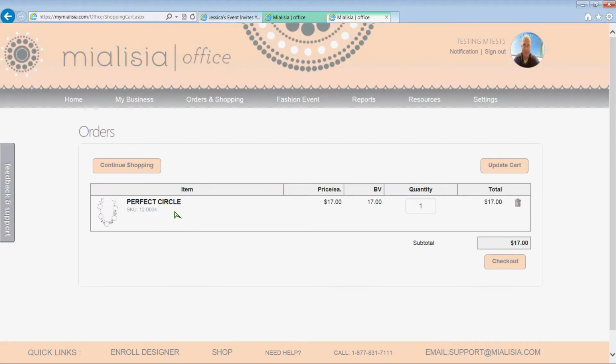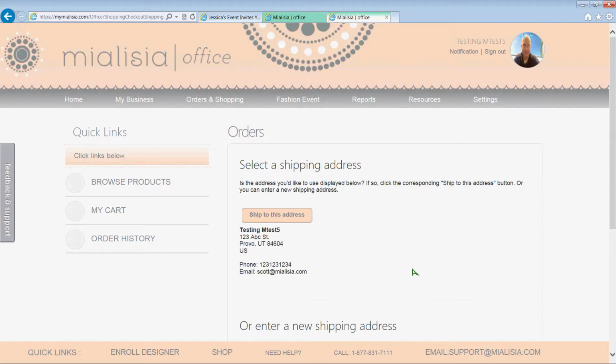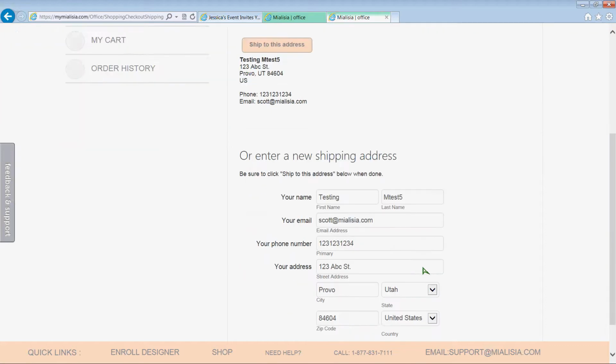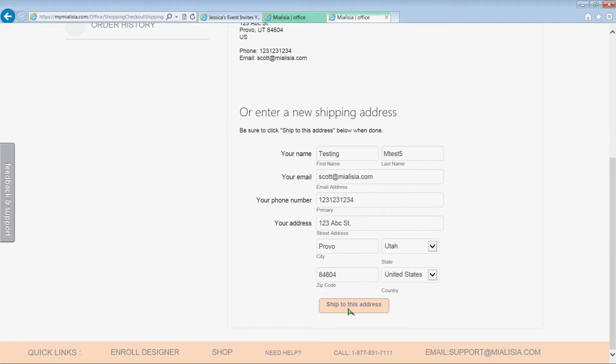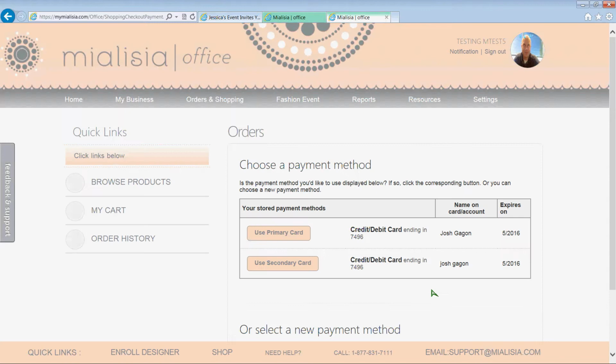Let's say Jessica bought this on her own and had it on display at her party, and I said, I love that necklace and I want to take it home with me right now. This will restock your inventory. So basically, we're going to send this back to you. Okay, so we'll just place that order,